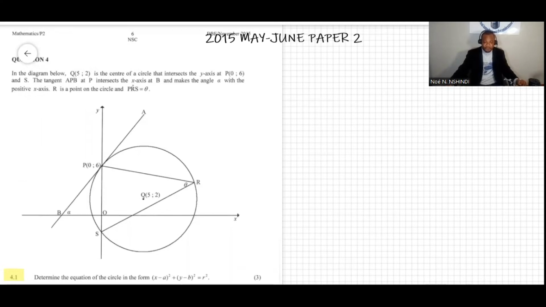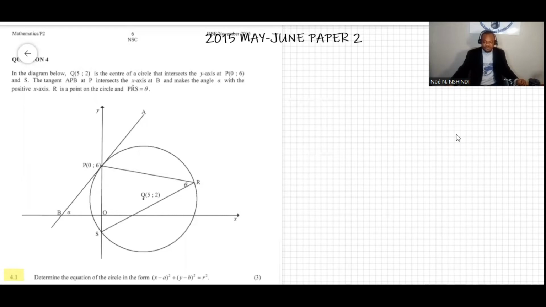Now we're going to do question 4. The question says, in the diagram below, Q is the center of a circle that intersects the y-axis at P and S, and the tangent APB at P intersects the x-axis at P, and makes the angle alpha with the positive x-axis. R is the point on the circle, and PRS equals theta. Now, question 4.1 says determine the equation of the circle in the form